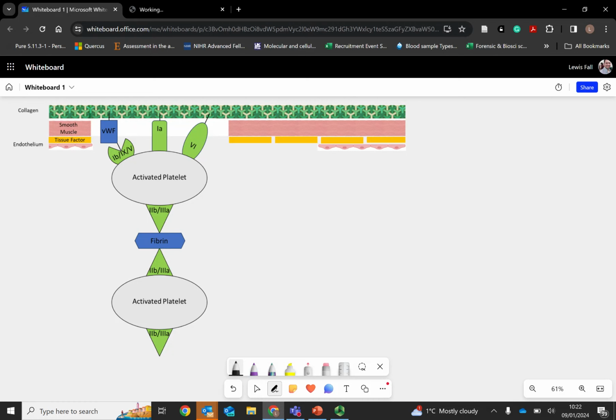Okay, let's do some cell-based coagulation. What we're looking at on screen is a little slice through some vasculature, and primary hemostasis has happened. So what we can see on screen here is that it doesn't matter whether this is